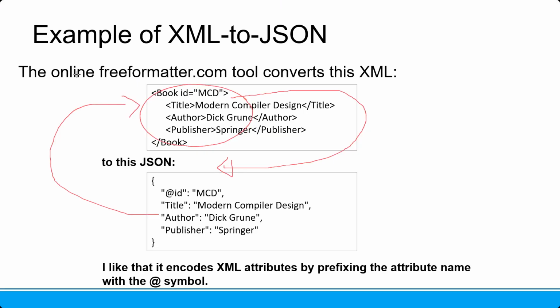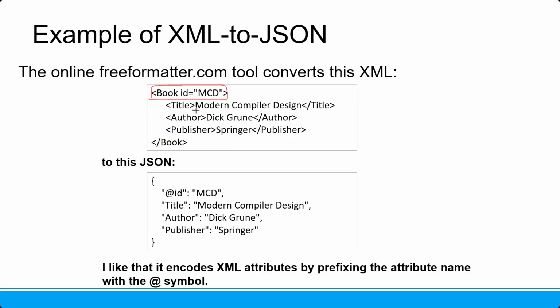So actually now there are many tools. It means you can choose either XML or JSON for your data format. And if you need to change, it's not complicated. It is not difficult. So yeah, in this case, you can see this is on a website, freeformatter.com. So it is a tool to convert this XML. In this case, it is book ID